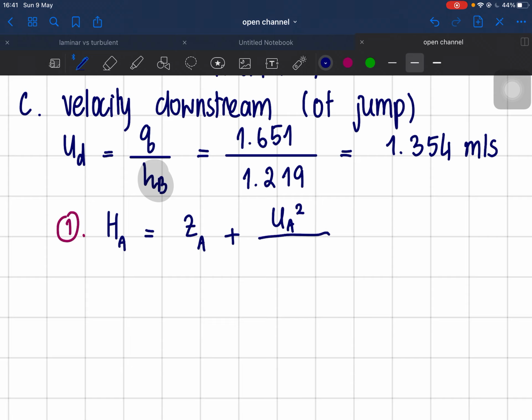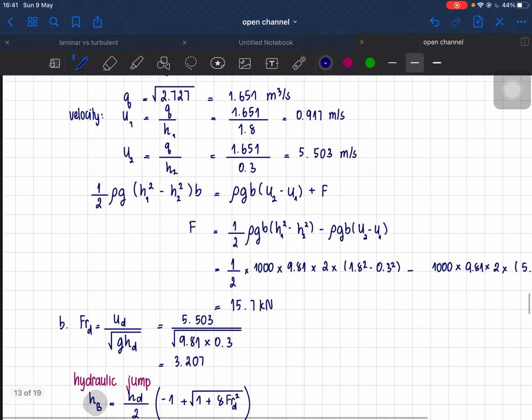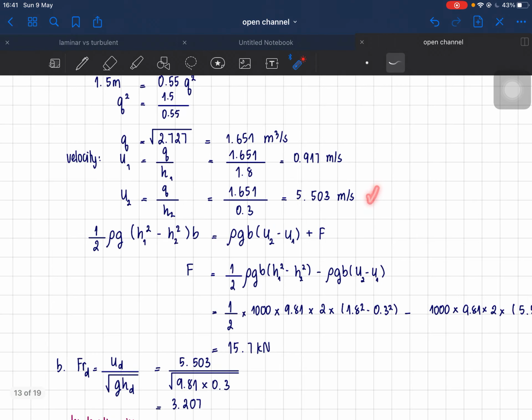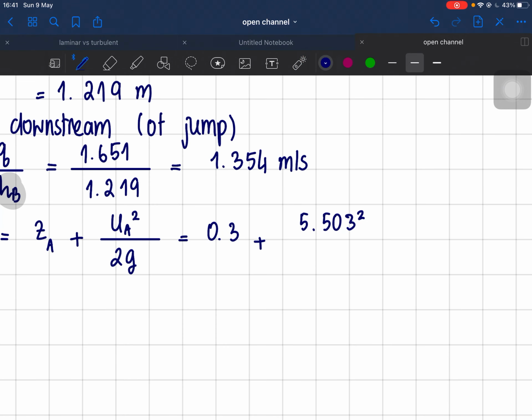Yeah. ZA, and this is 2G, and then we plus 0.3 plus 5. Can you remember this one? It's from this part here. But later we're not going to use this one because we're going to use the new number that we just found here, 1.354. So this one is over 2G, and the answer is